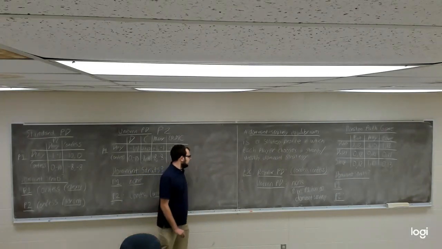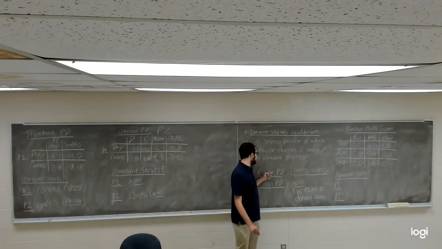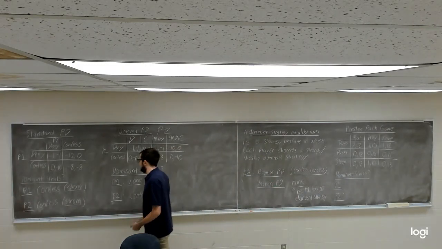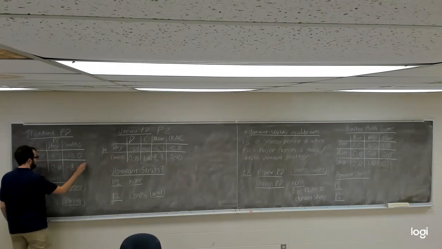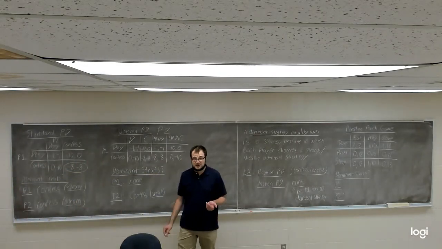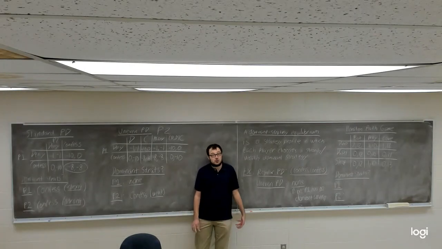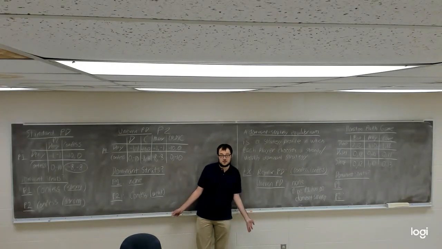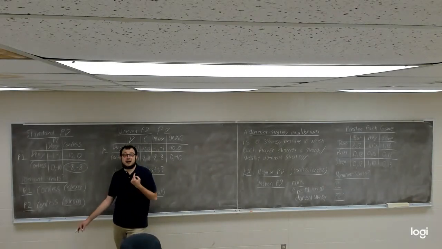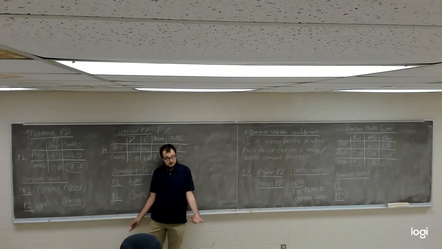So, let's take a look at our dominant strategy equilibrium in the regular prisoner's dilemma case. That's both players choosing confess, which lands here. Does anybody notice anything interesting about this outcome, both players confessing in the regular prisoner's dilemma? I'll give you a second to think about it. Go ahead and pause the video here while you think about that. Why is it interesting that confess is a dominant strategy equilibrium in the regular prisoner's dilemma?